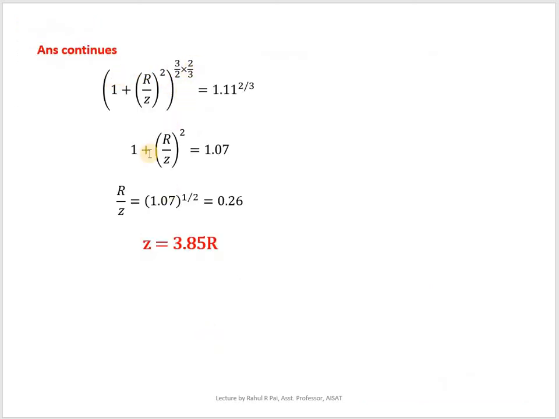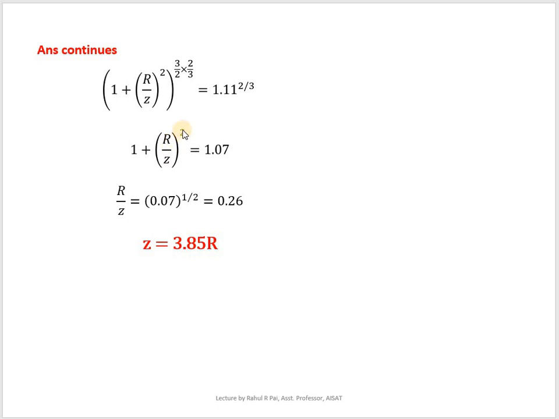Now after solving this, you will get 1 plus r by z whole square equal to 1.07. Now again you take this 1 to the other side. Okay, so there was some mistake. So now you take 1 to the right hand side, you get r by z the whole square is equal